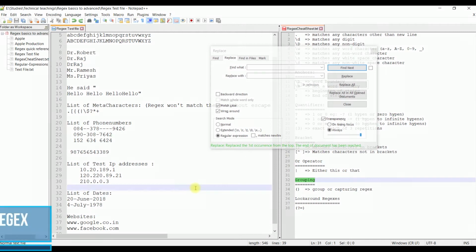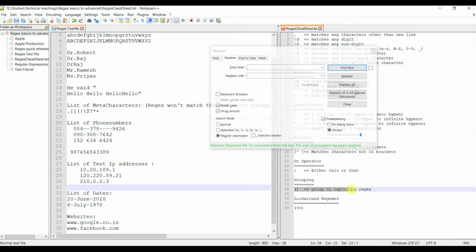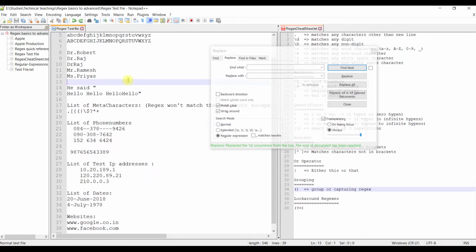Hi all, welcome to this section on grouping and capturing using regex. The meta characters that we are going to use are simple round brackets. I have already provided that inside our regex cheat sheet. Now we are going to see how to use them practically in capturing and replacing them in the same text file. For that, I will copy these few things from here and create a new